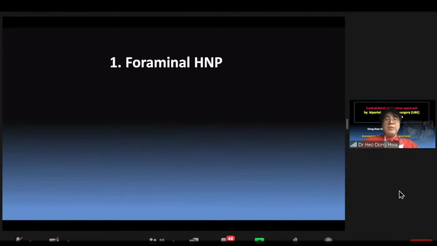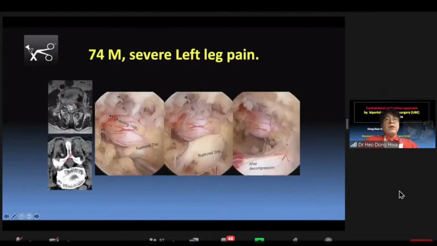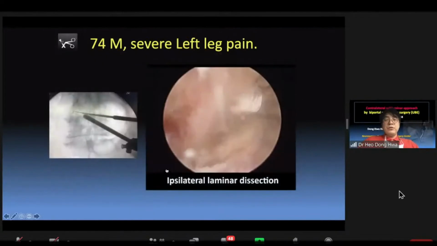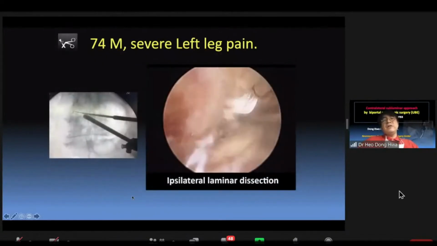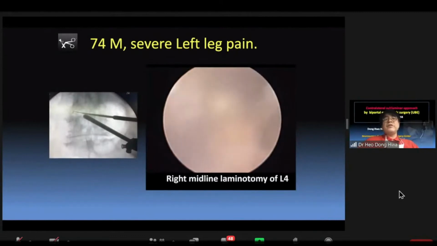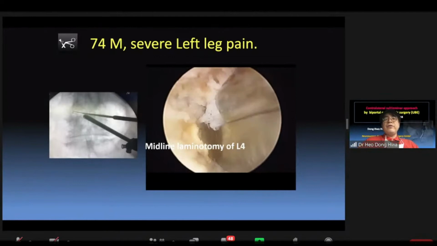We can easily remove a foraminal disc herniation using the contralateral UBE approach. First, we expose the exiting root, dissect, and remove the ruptured disc, and this is the final view. Now I show the video. We first did ipsilateral laminar dissection and ipsilateral midline laminotomy using diamond drills. I prepare the NSK drill, and now I do the midline laminotomy,